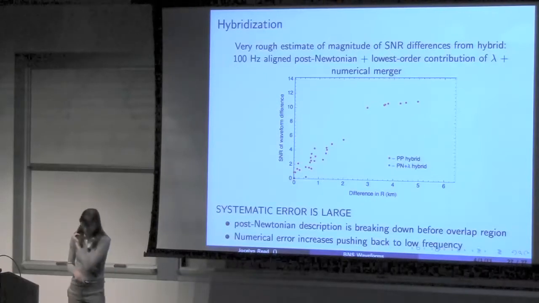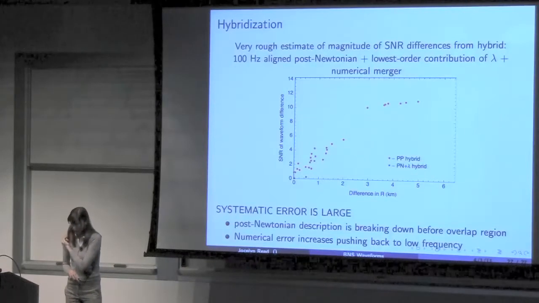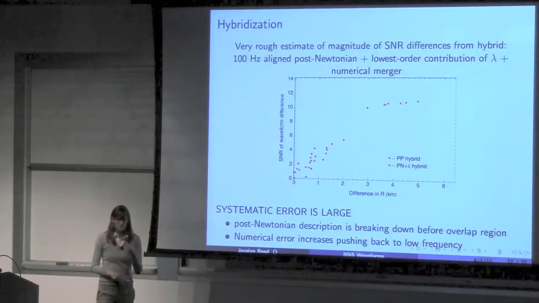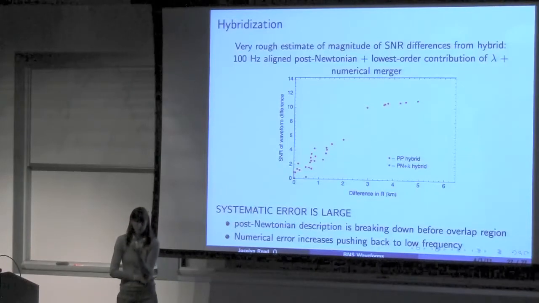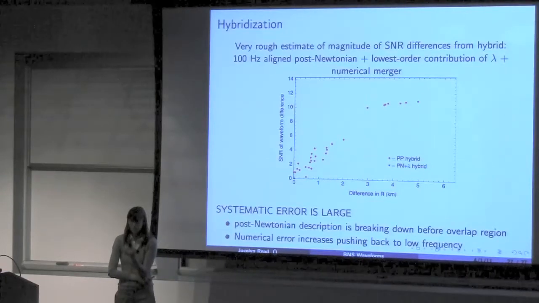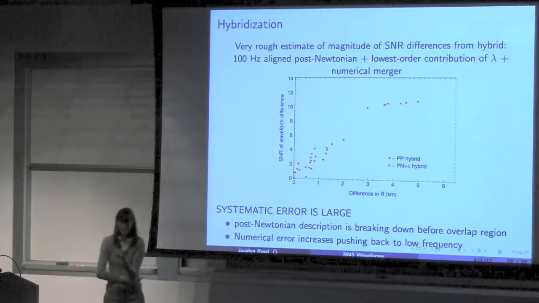That additional SNR of difference is really coming from the matching region. So ironically, the region that we know least about, in terms of having a confident description of the waveform, is the one that's most significant for measuring the difference between two